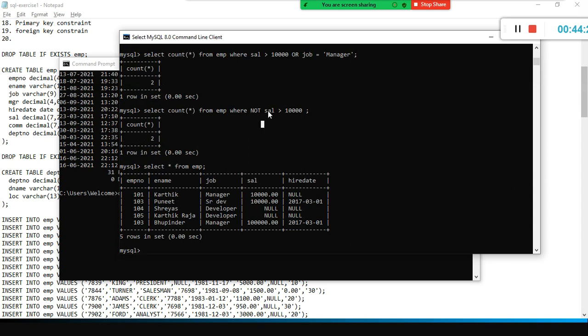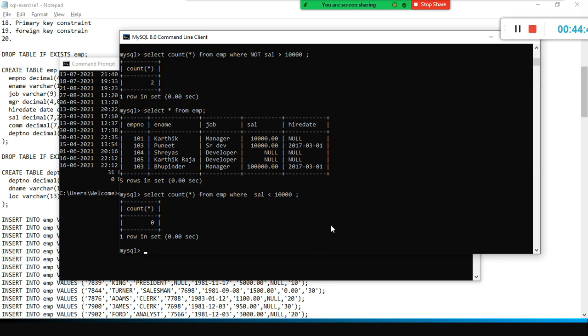That means how many people are not getting more than 10,000. These people, right? You can write it this way also: those employees where salary is less than 10,000. It is equivalent to this one.